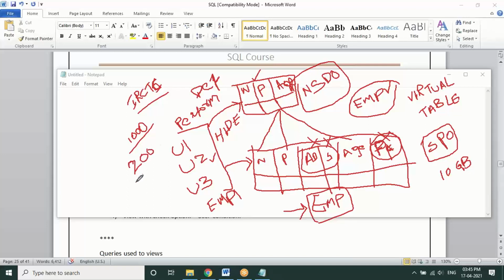The rest of the 800 members are only viewing the availability of tickets, which they do not want to purchase at all. But in spite of that, as these 1,000 members have logged into the database, there is a load on the database from whoever is viewing the different tables of data. Certainly only 200 members are booking the ticket, yet the load on the database is for all 1,000.